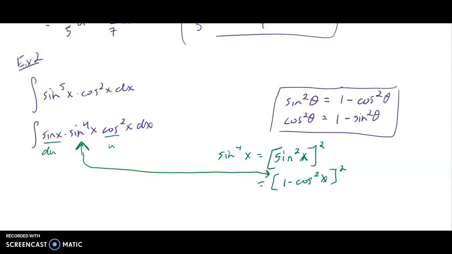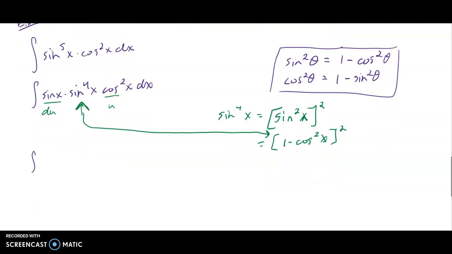So let's go ahead and write that. We get the integral of this, sine x stays there. This sine to the fourth x gets replaced with 1 minus cosine squared x, close, squared, times another cosine squared